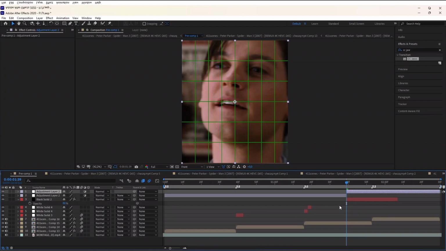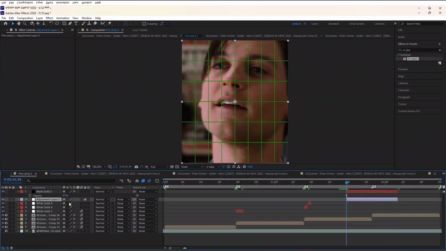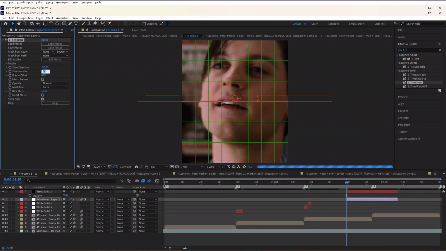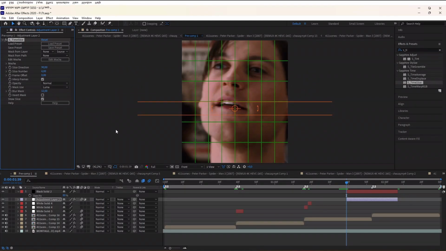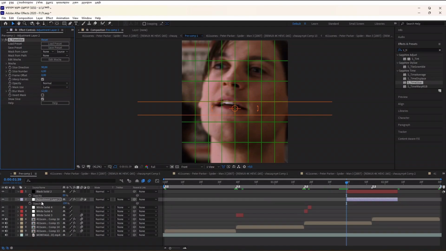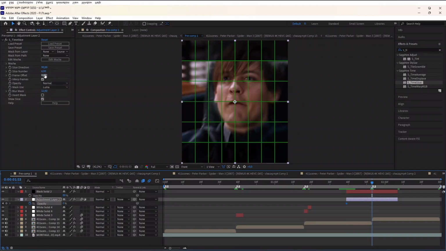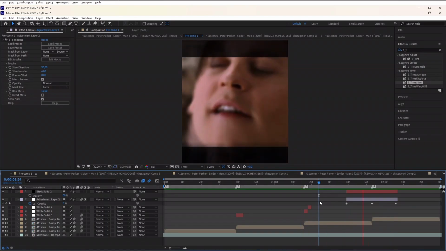Next up is time slice. First, press Ctrl+Alt+Y to add an adjustment layer, and search for time slice in the effects panel to add it. Just follow along with what I'm doing. This is a custom setting I use myself for this specific edit. You can get a similar result by adjusting the rotation degree like this. As you can see on the screen,